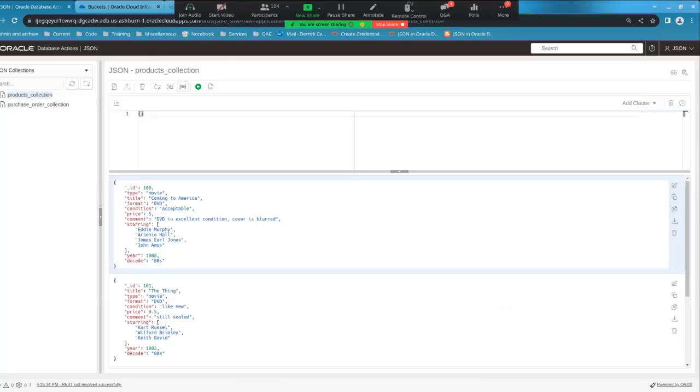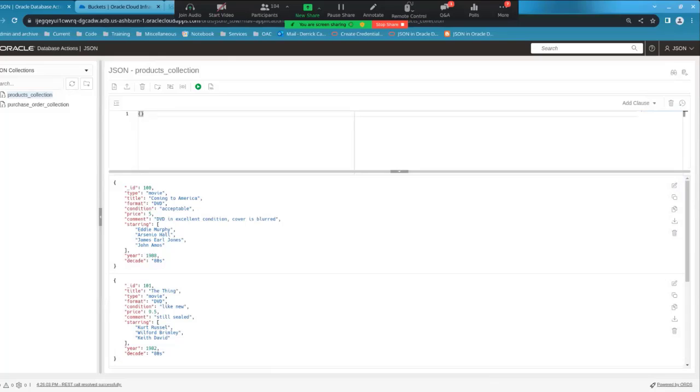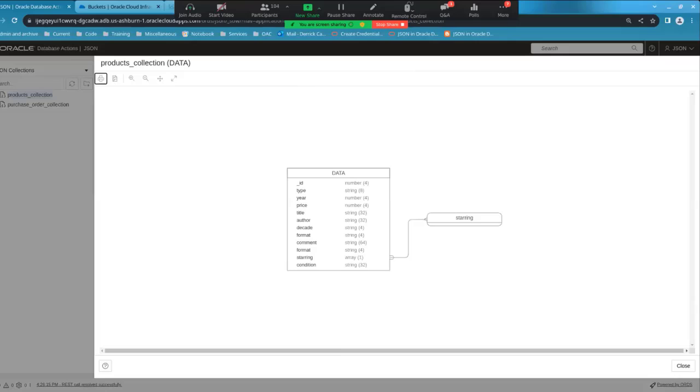I go back here. This here is like a blind query. And so if I scroll that, then the record's gone again. So there's a couple other things. I'm not going to spend that much time in here, but there's a couple of things I want to point out. One is this schema,